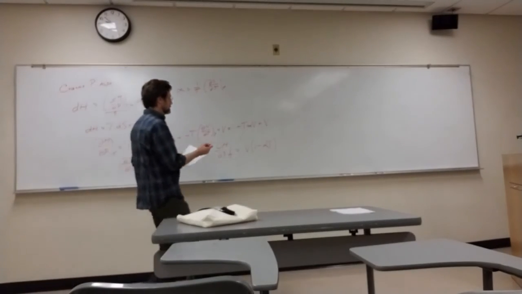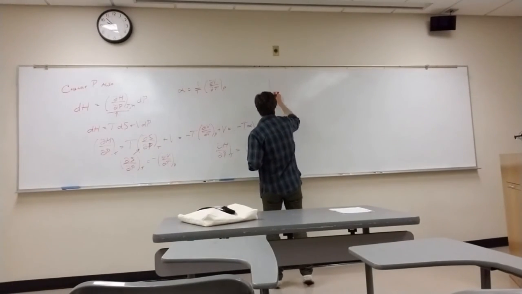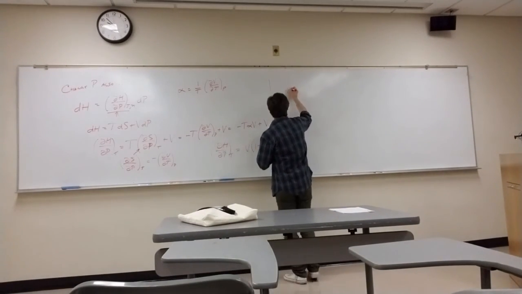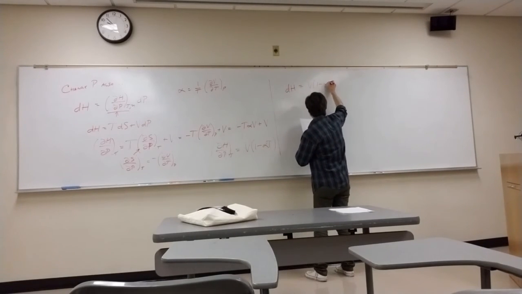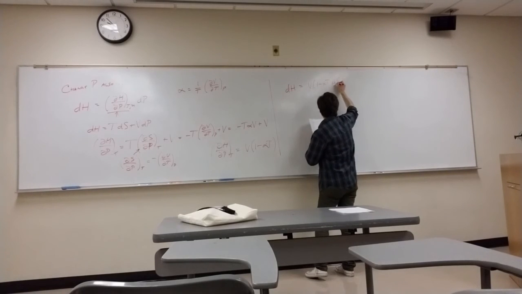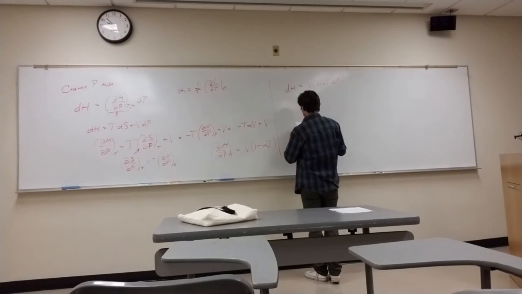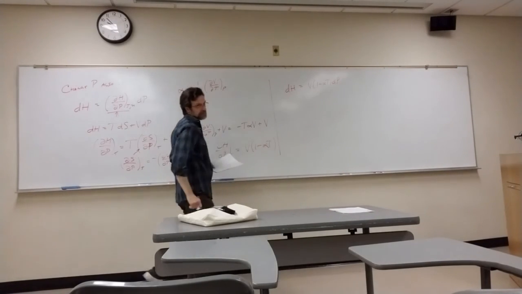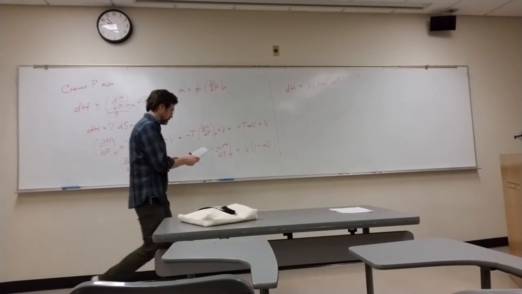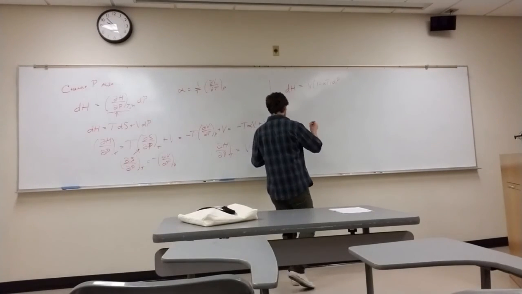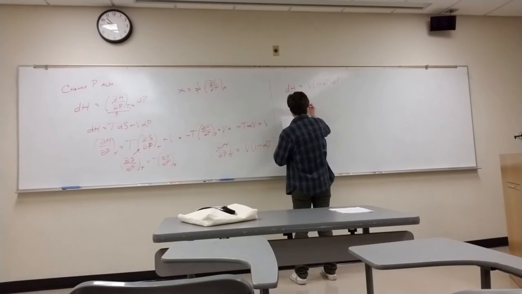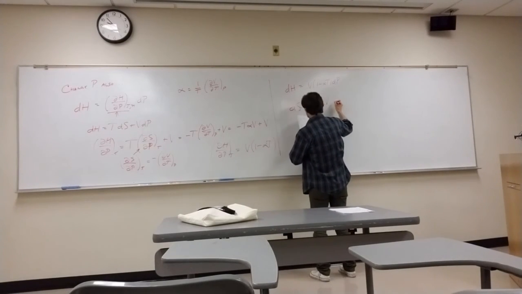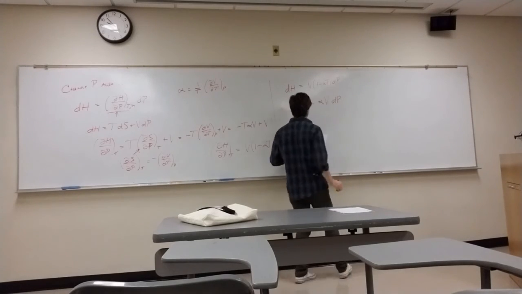Which means that dH is equal to V(1 minus alpha T) dP. So you integrate that to get the change in the enthalpy, and the entropy